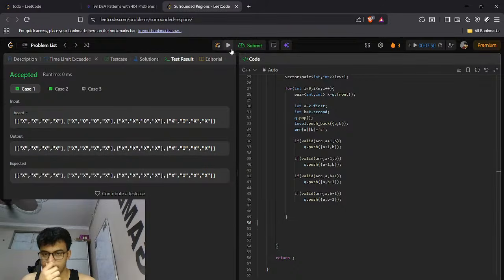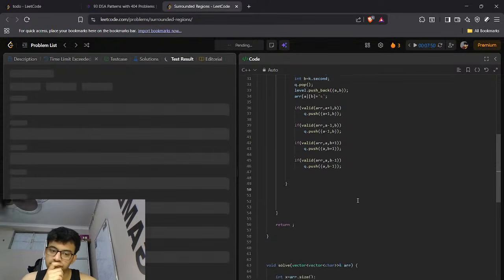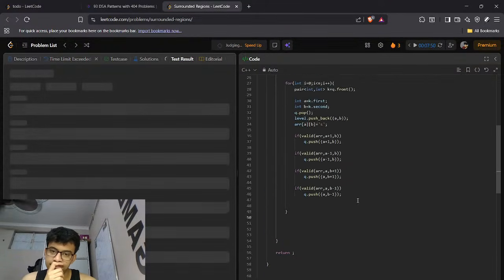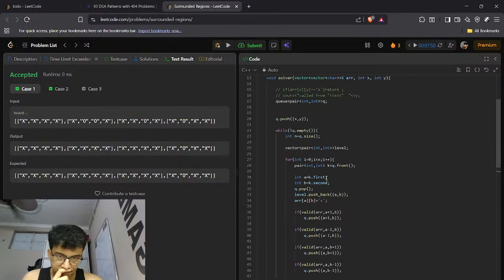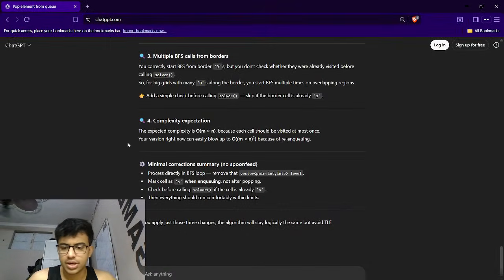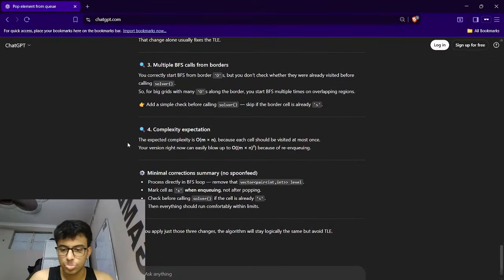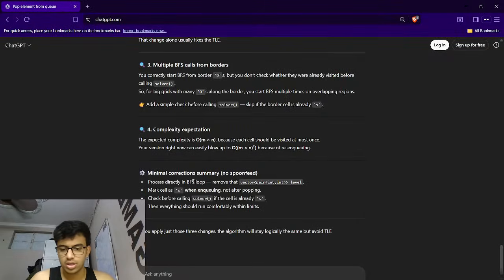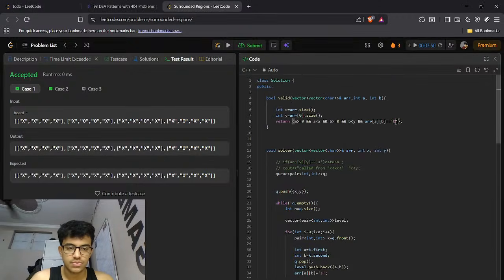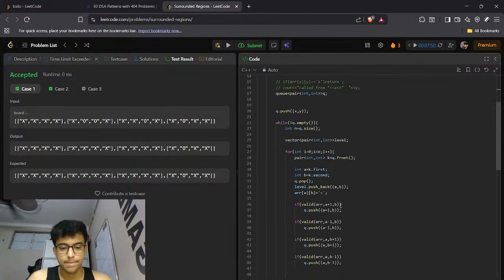I can do this here. And it's telling me to mark cell as S when enqueuing, right? And the solver only checks for zeros. If it's 0,